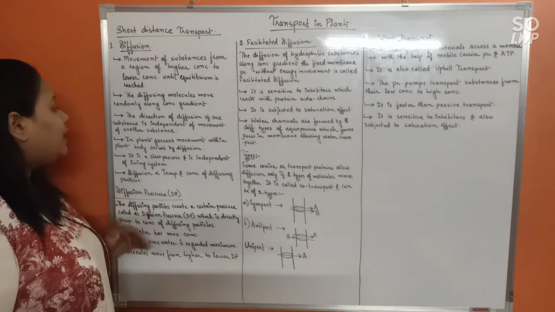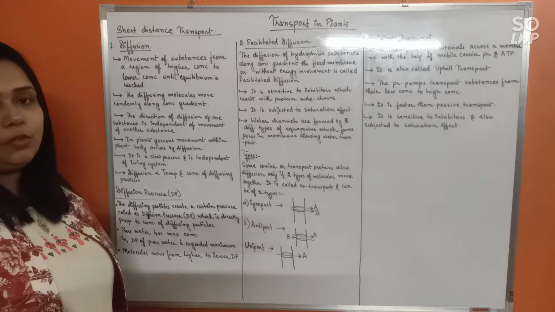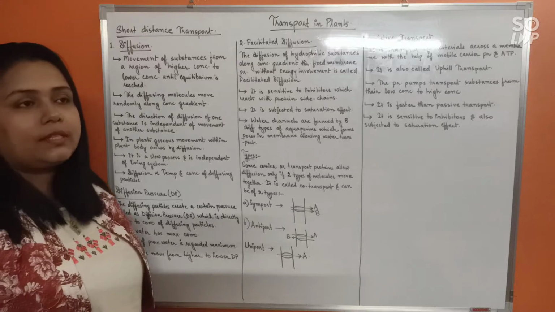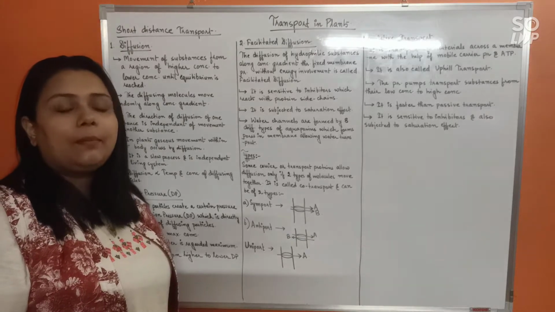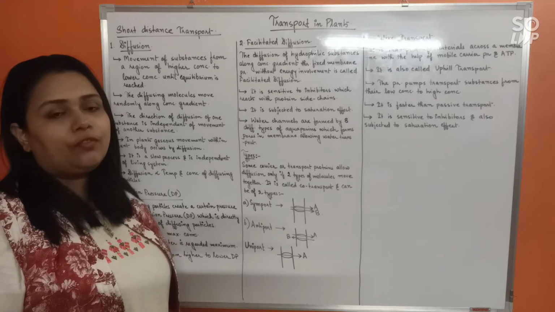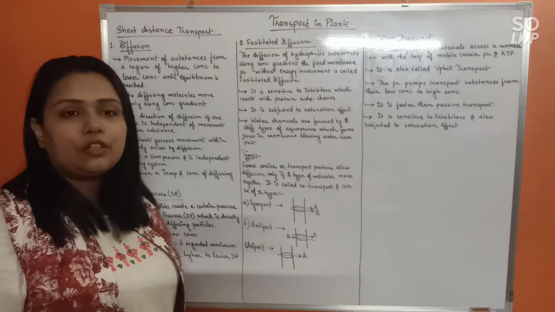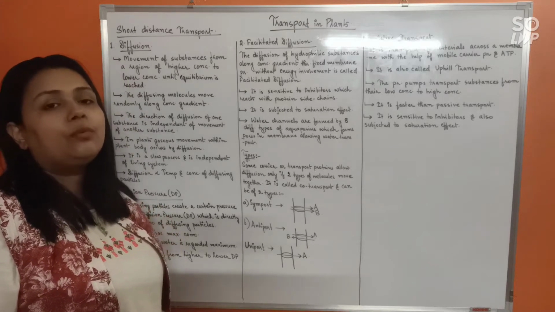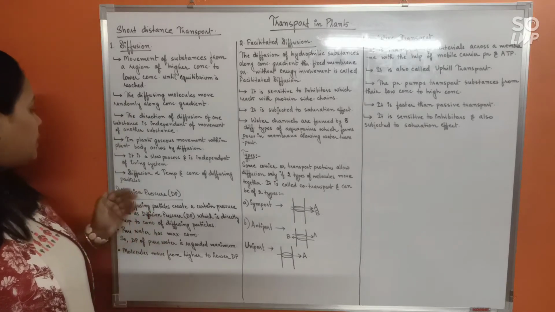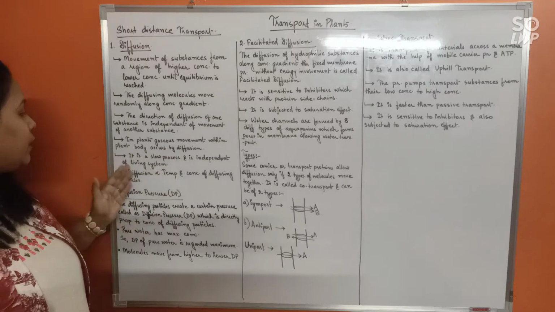Now, in plants, the gaseous movement within the plant body occurs by diffusion. Do remember certain important things regarding diffusion: diffusion is directly proportional to the concentration of the diffusing particles and the temperature of the immediate surrounding. Okay, the more the concentration, the more will be the rate of diffusion. The more the temperature, the more will be the rate of diffusion. So it is directly proportional. All right. So see here, next, it is a slow process and independent of the living system.